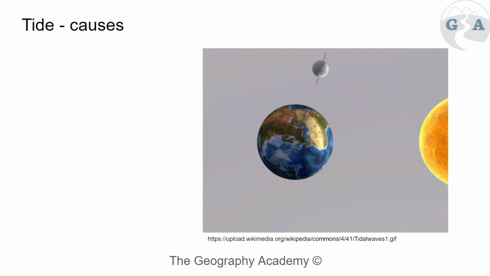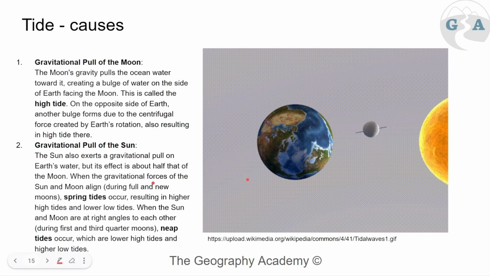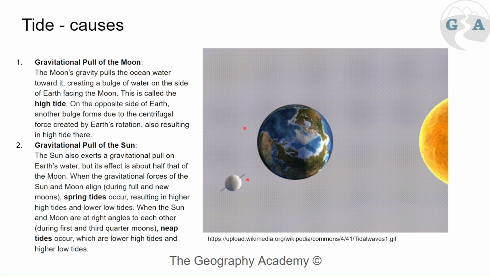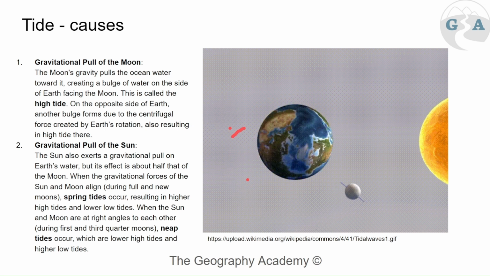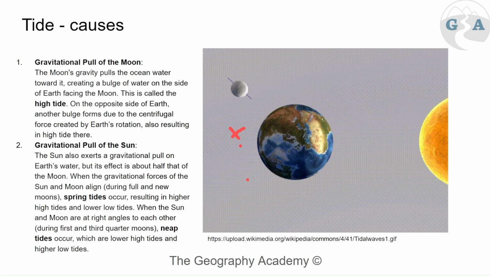Here we have the tide. The tide is working in a number of ways. It is going to have the gravitational pull of the moon and the sun. So when it reaches certain points, like when the moon comes around to that point there, it's going to be extra strong because it's going to be